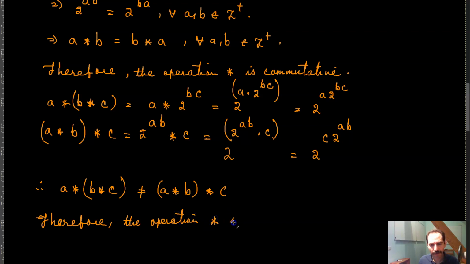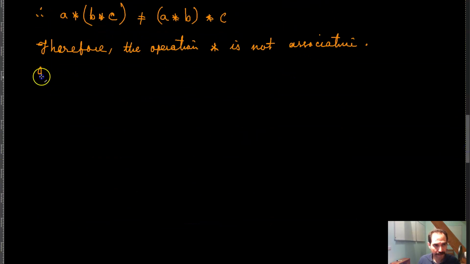It is actually better, if you know that it's not associative, to use some sort of counter example, meaning that you pick, for example, 3 numbers, meaning that it can be observed that